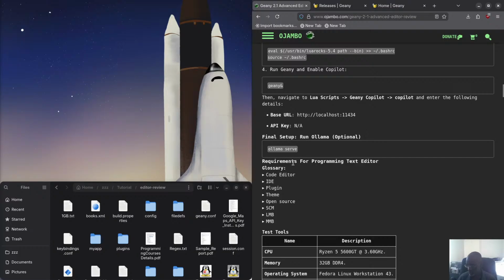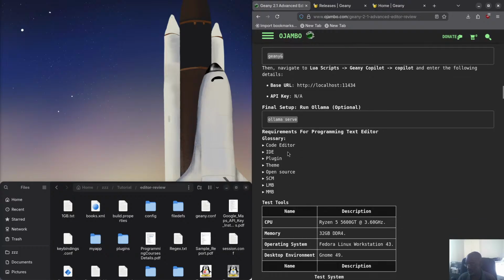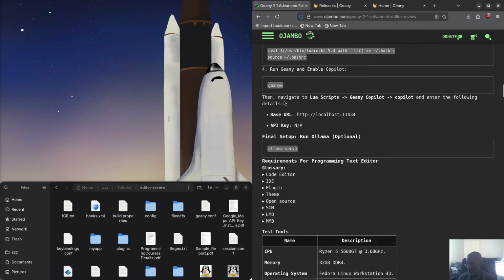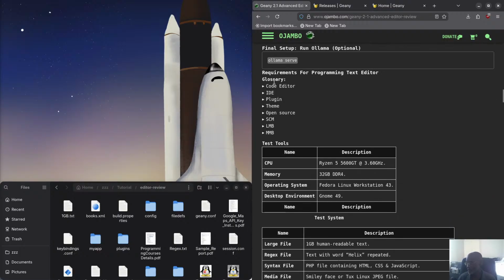So ollama serve, that's all you have to type, ollama serve, to start the server, and that's it. You will then be able to request code assistance. I'll show you that as well inside Distrobox later. Okay, so